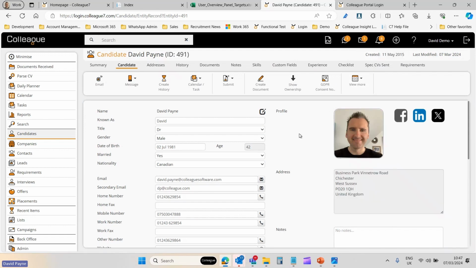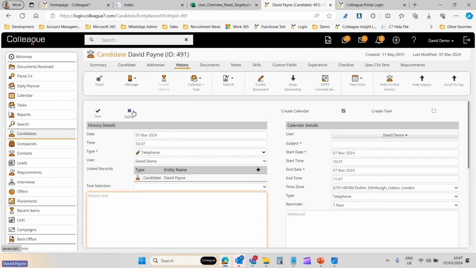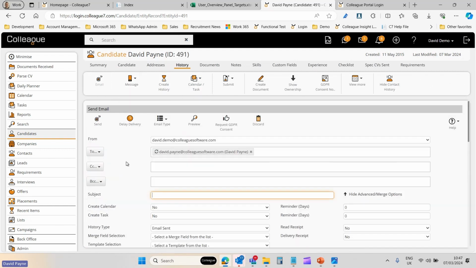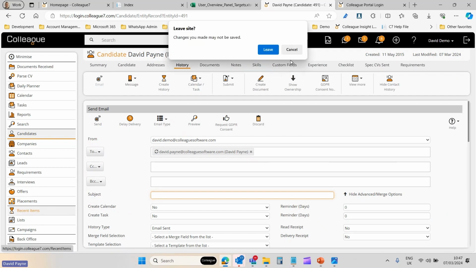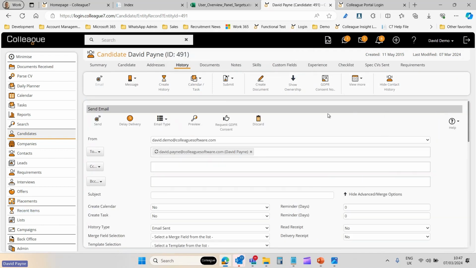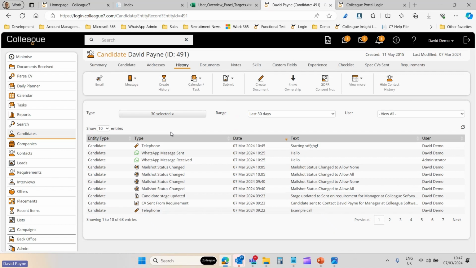But the key thing to raise is that it requires that you have at least done something on the workflow. So for example, if we create history and then, and it's a bad example, if we were to create an email but then didn't actually start typing anything, it does still trigger. Sorry, there'll be some workflows where you can still navigate away. It requires that you edit the form. But effectively you discard or you choose to leave based on that. There is also the fact that